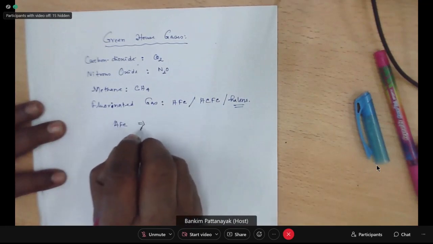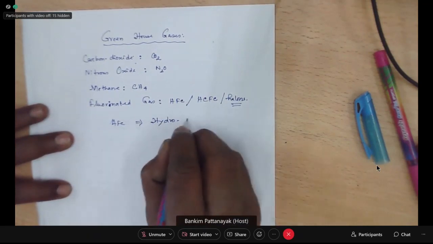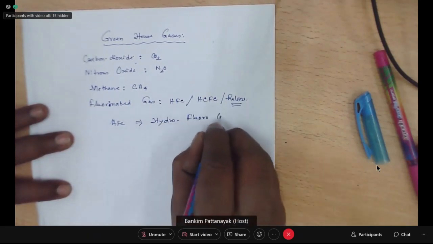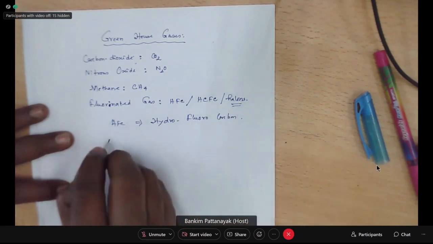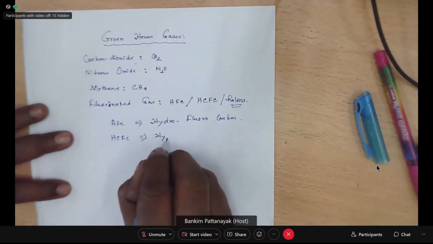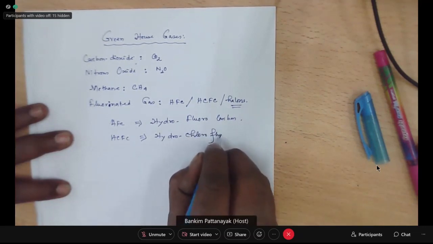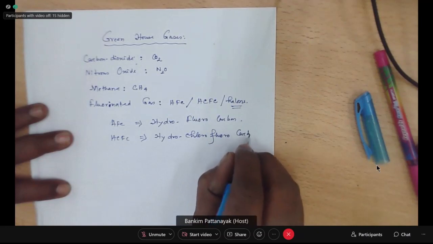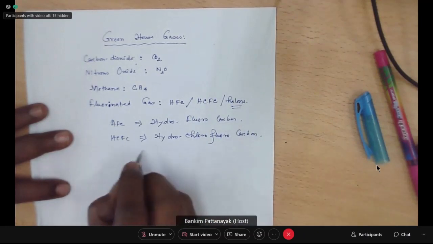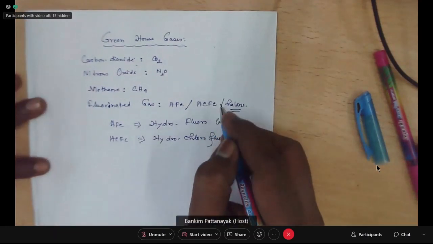HFC, hydrofluorocarbon. HCFC means hydrochlorofluorocarbons. Halogens means all halogenated compounds. That means chlorine, fluorine, bromine, iodine. These are the different kinds of halogens. So these are the